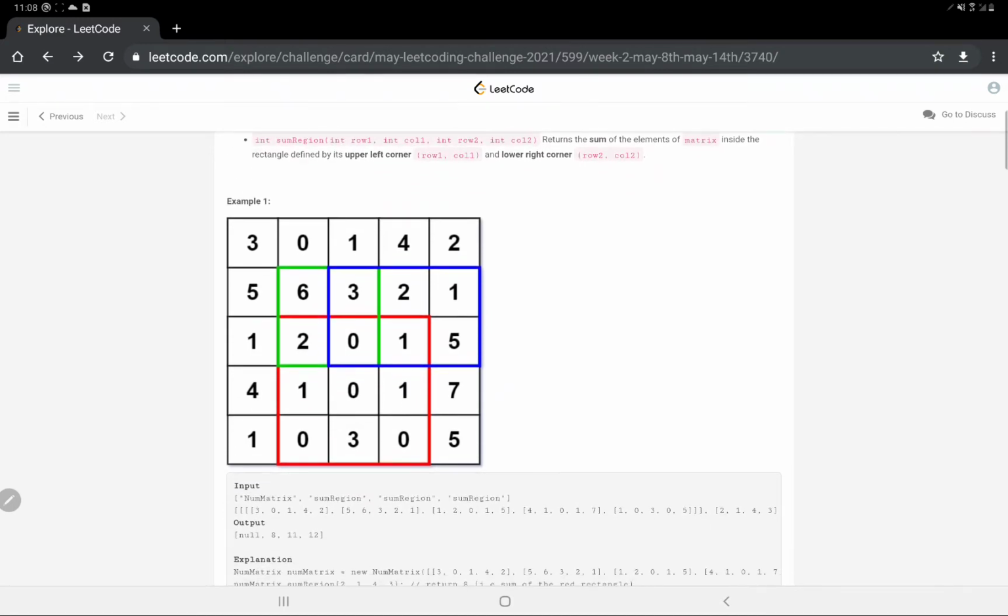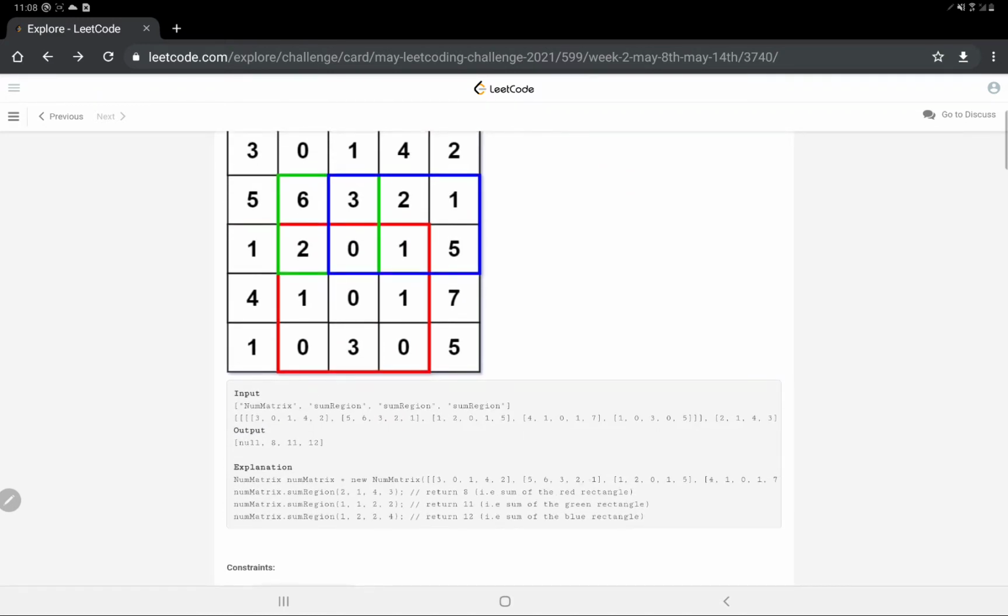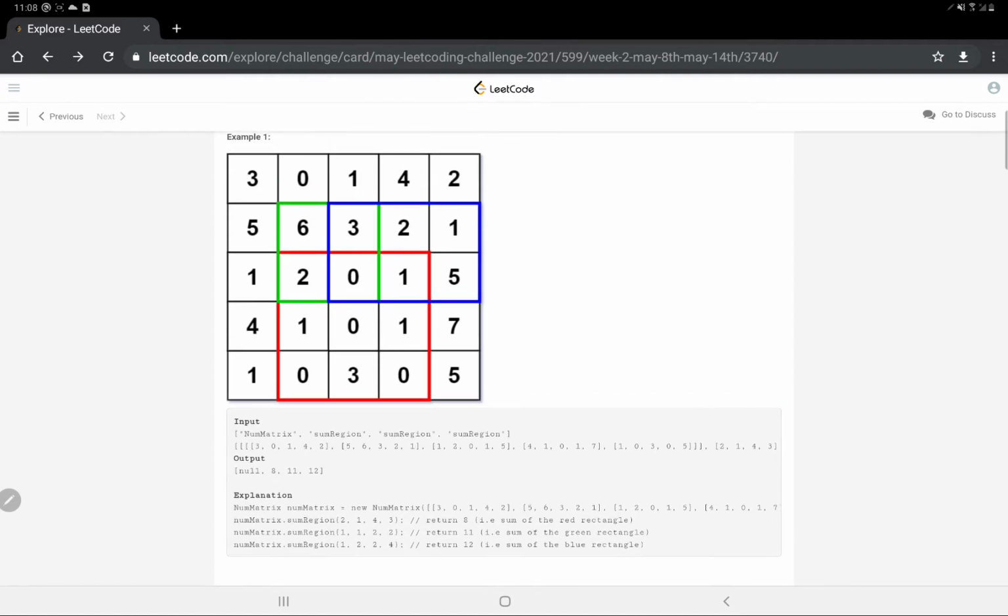This is the example question that is given to us and this is how it's solved. Basically the matrix in red is 2 1 4 3. As you can see here, the indices are 0 1 2 3 4, similarly 0 1 2 3 4. So 2 comma 1 is this point, and 4 comma 3 is this point. So basically this matrix. That's why we are given coordinates, and for the matrix enclosing those coordinates we have to perform the sum operation and return the sum of this matrix.